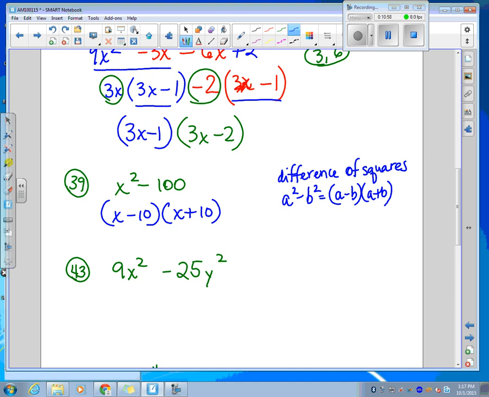Okay. Now at number 43, can you recognize that one as a difference of squares also? This is a perfect square. And this is a perfect square. So it is a difference of squares. The square root of 9x squared is 3x. And the square root of 25y squared is 5y. So it's going to be 3x minus 5y and 3x